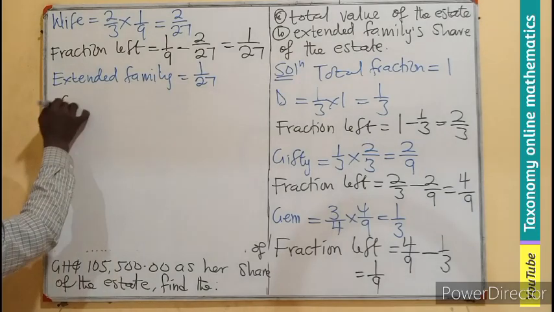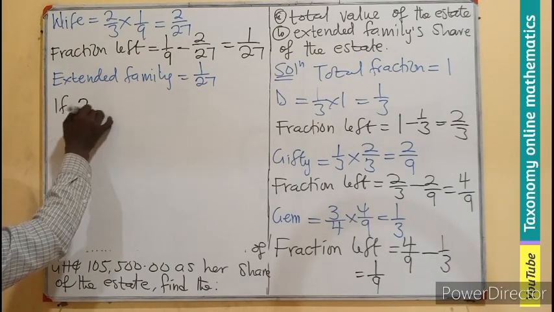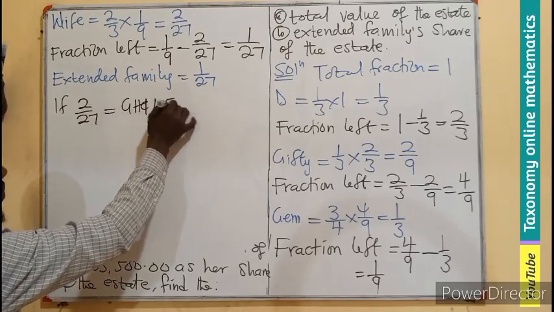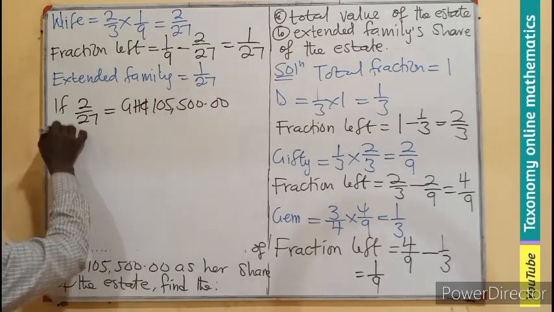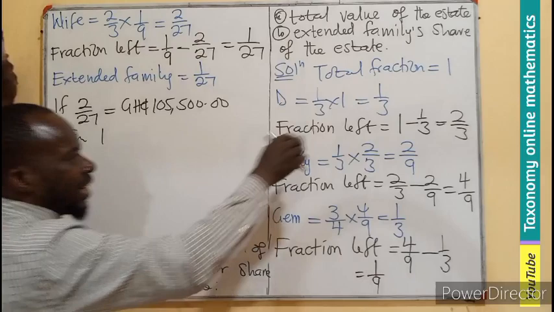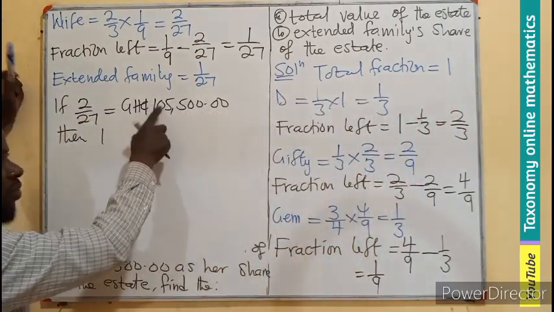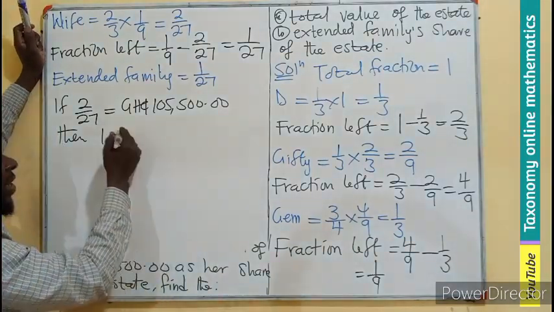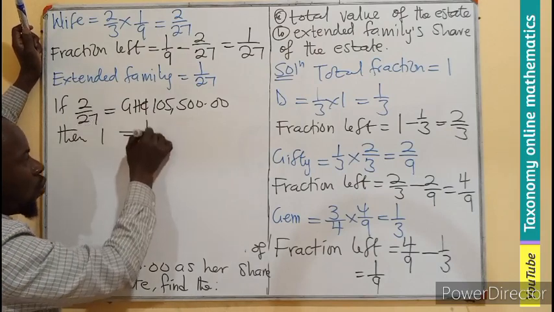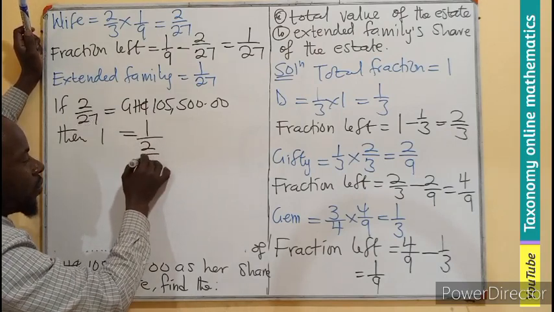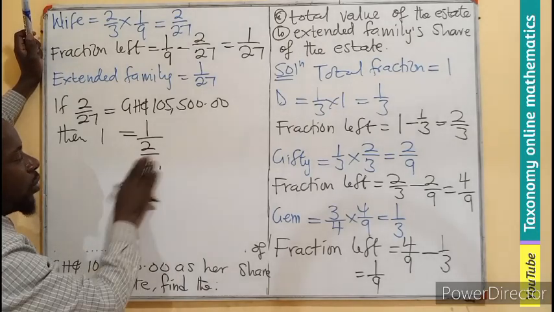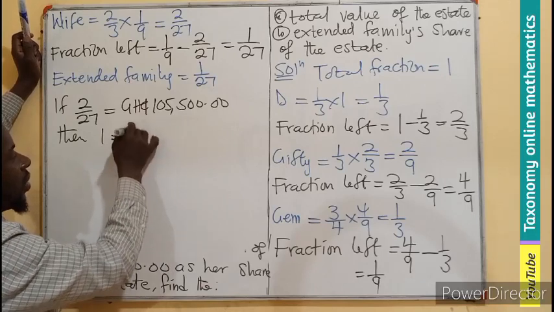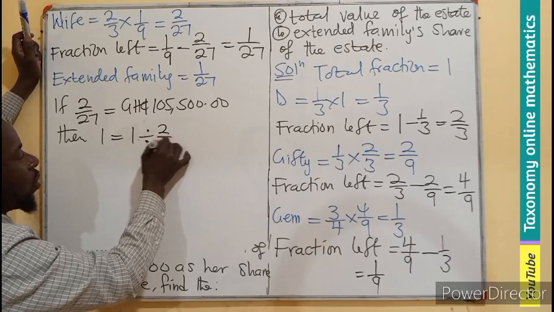We can say that if the wife, who is taking 2 out of 27, is equal to 105,500, then we expect the total fraction, which is 1, to give us more than what they were sharing, so that the wife can get this share. So if the answer will be more, we know less will divide. So 1 divided by 2 out of 27. Let me put it on one line: 1 divided by 2 out of 27